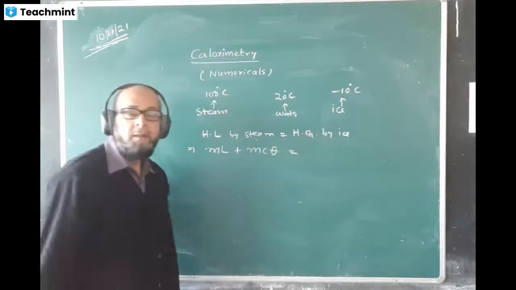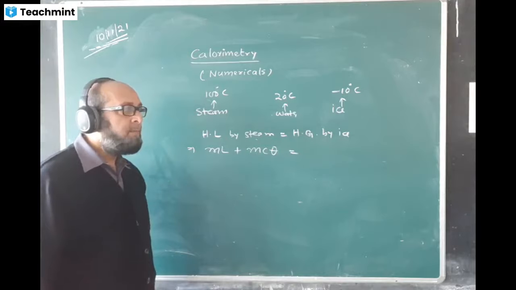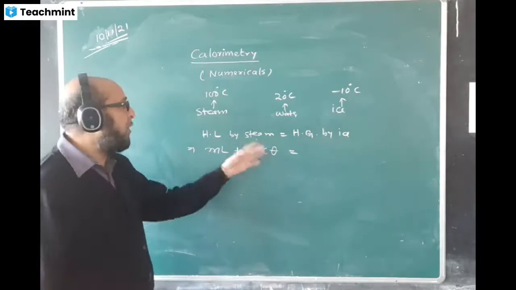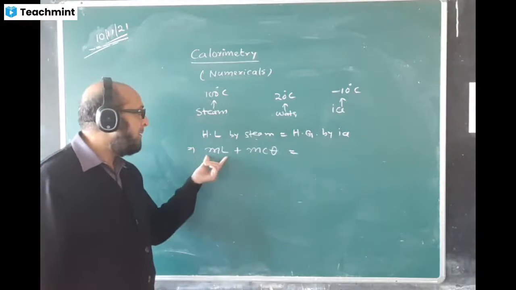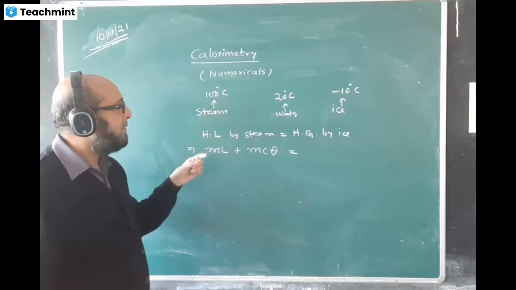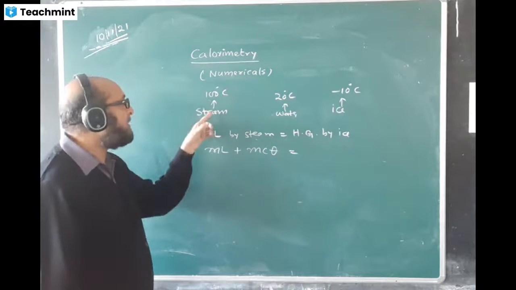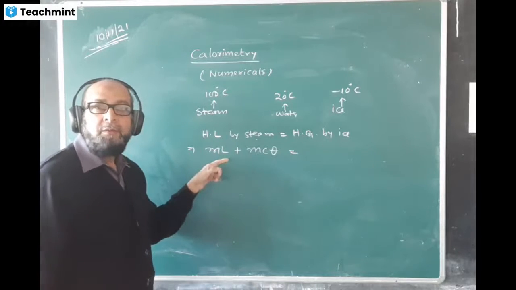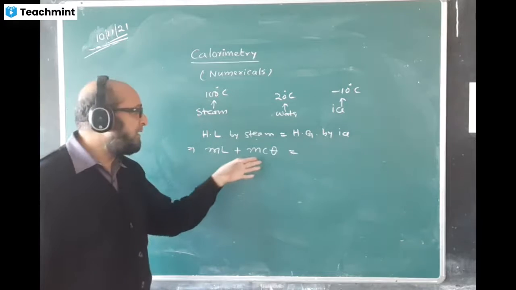You understood this? Yes, sir. It should be ML minus MC theta, no? Because ML value is at 100 degrees Celsius, even water is 100. Minus we never do. This is the heat loss. Why to do minus? Even water will be 100. Latent heat, the water will be 100. So the steam is first converted into water by using ML. 100 degrees Celsius water, plus if we add that MC theta of water, then the value will become something else, higher than MC theta water.